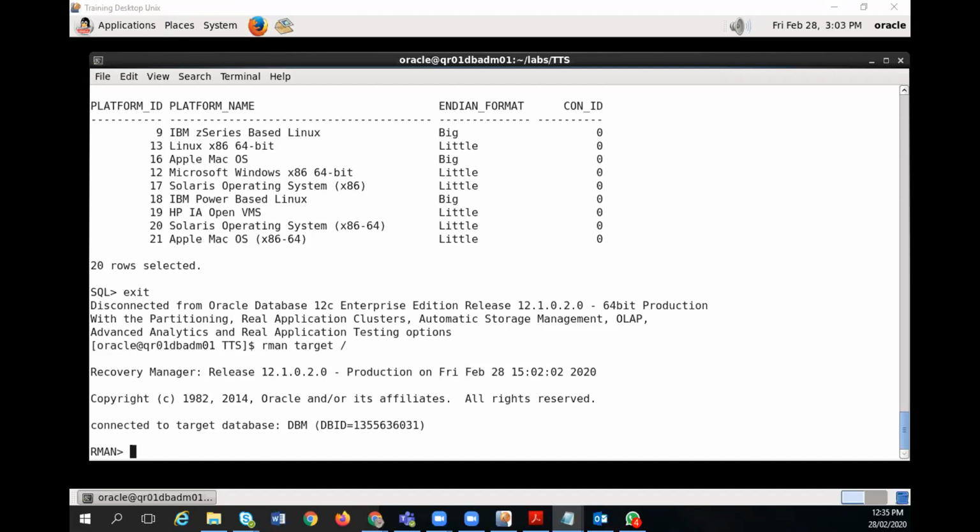But we have taken it from AIX in the lab environment. Otherwise we would have to create one AIX machine over there, and that would be 5 days to 6 days of training. That's right. Okay.